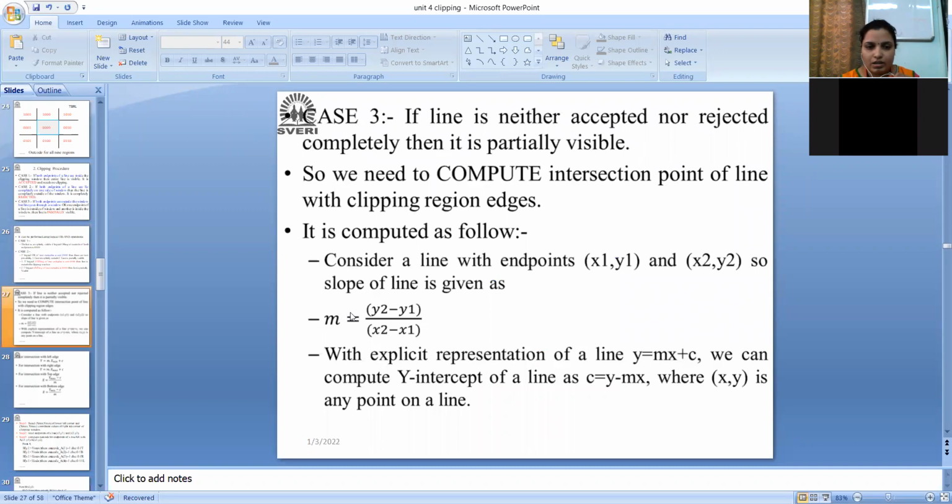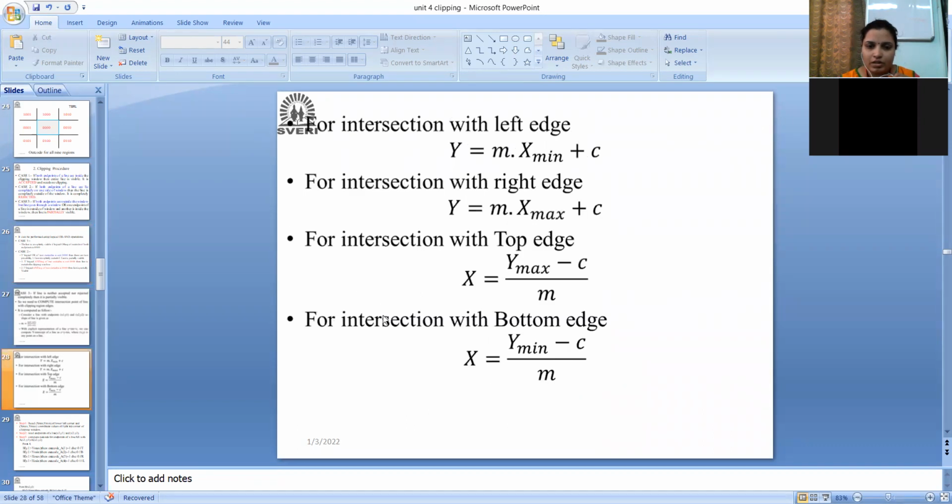Then here is your slope formula and how to find the intersection points, which is given over here. You can have the intersection depending upon the x min, x max values or y min, y max values. We have seen the example also. This algorithm and this example we have covered in the previous lecture. Okay, so this was the brief revision of